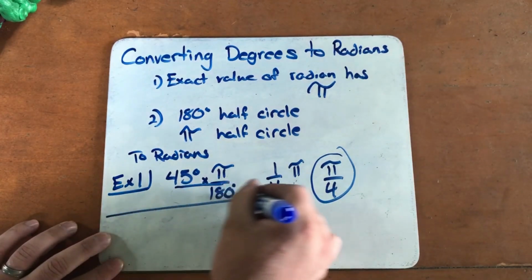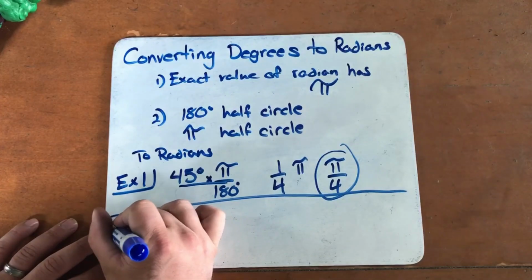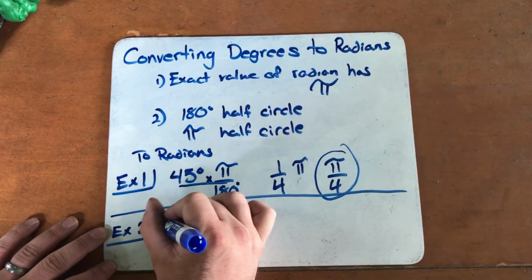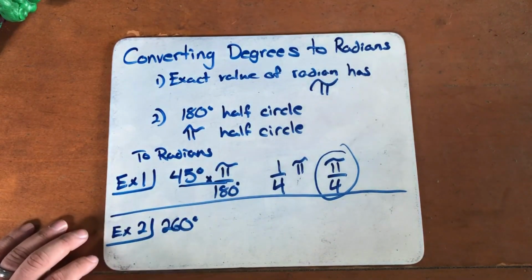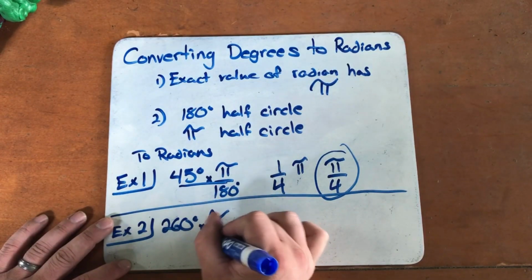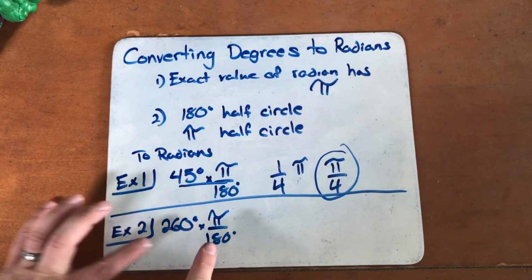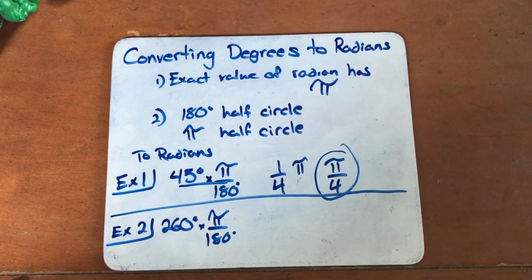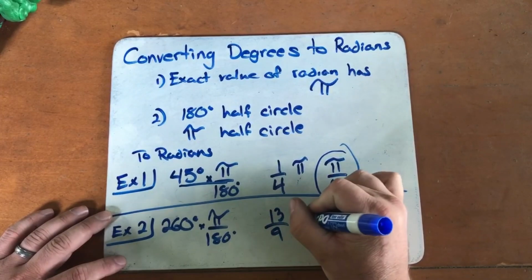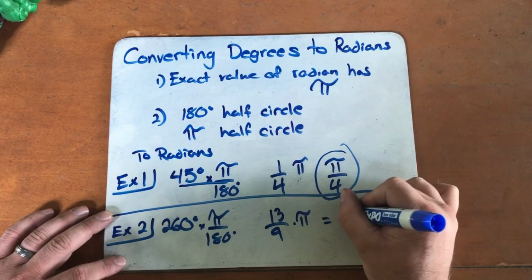All right? My next example is going to be done the exact same way. Example 2, I'm doing 260 degrees. Once again, I'm going to multiply by pi over 180. I'm going to simplify 260 over 180. When I simplify 260 over 180, that gives me 13 over 9 times pi, which is 13 pi